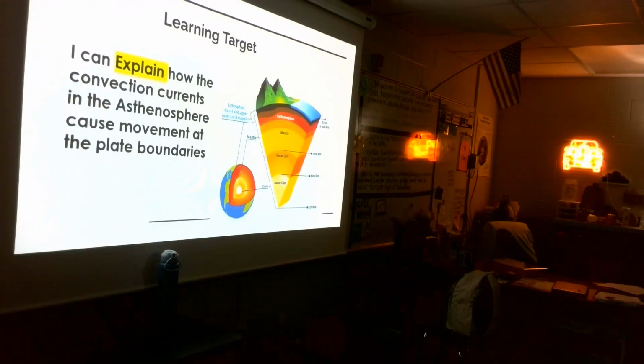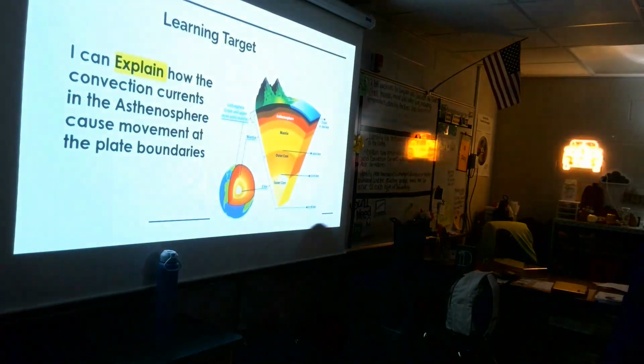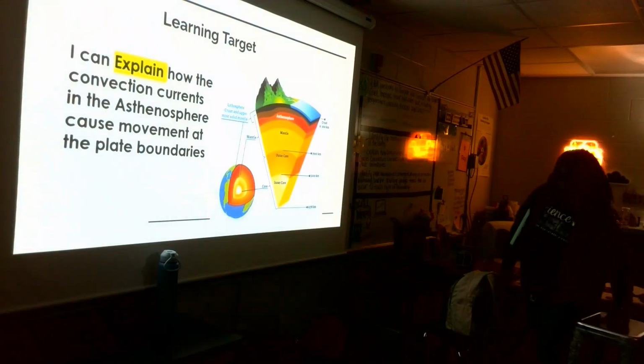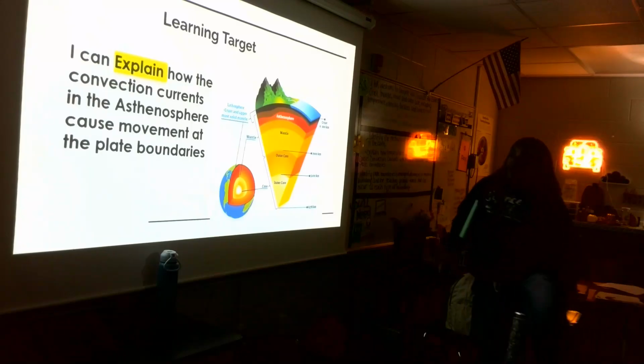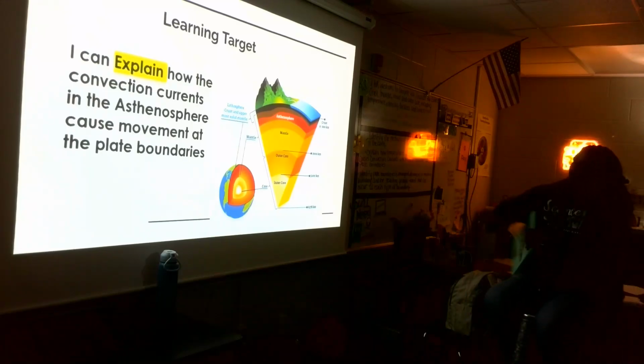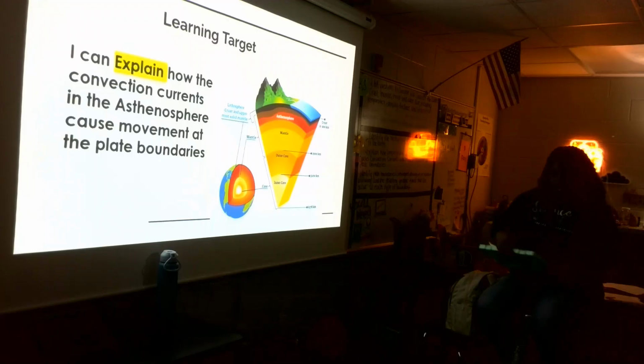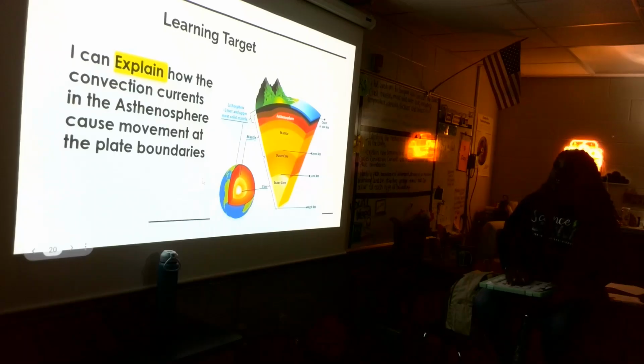All right. So our learning target states that I can explain how the convection current in the asthenosphere causes movement at the plate boundary. This learning target is important because we need to know the reason that we have earthquakes, how certain land features are formed, and we have earthquakes, volcanoes, and certain land features such as mountains, ridges,